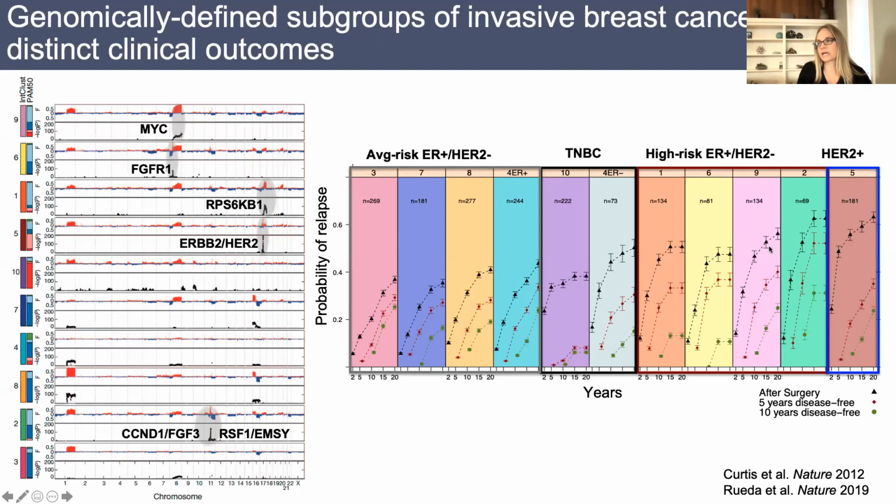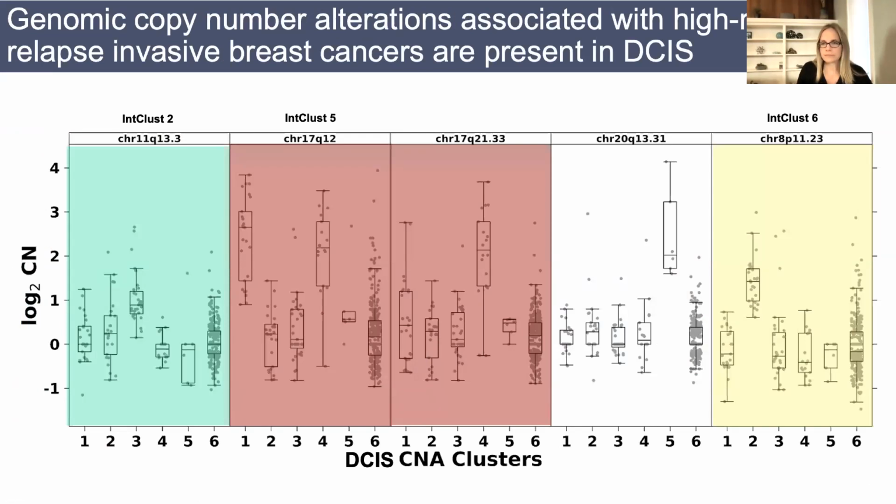In fact, their risk persists up to 2 decades after diagnosis. And so it was very intriguing to us that if we look at these copy number alterations within the DCIS cohort, what we see is that there's an enrichment indeed for some of these high risk associated copy number events, including that on 11q13. There are in fact 2 distinct groups that enrich for HER2 amplification, cluster 1 as well